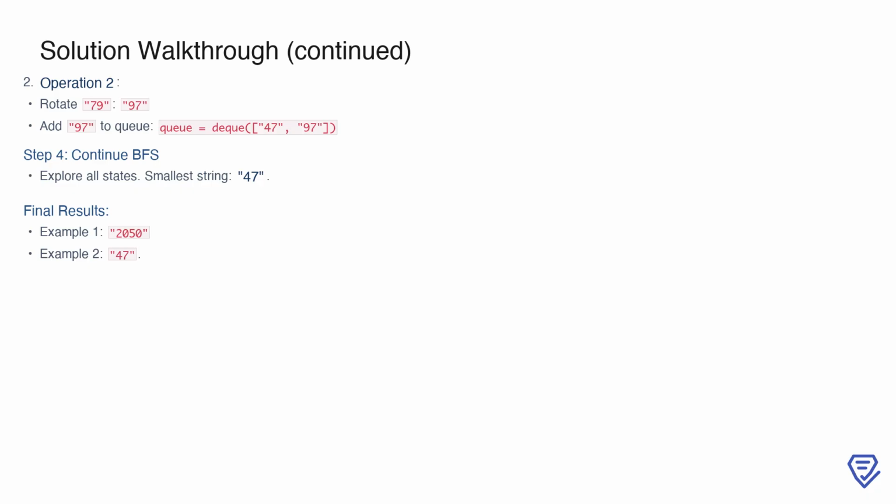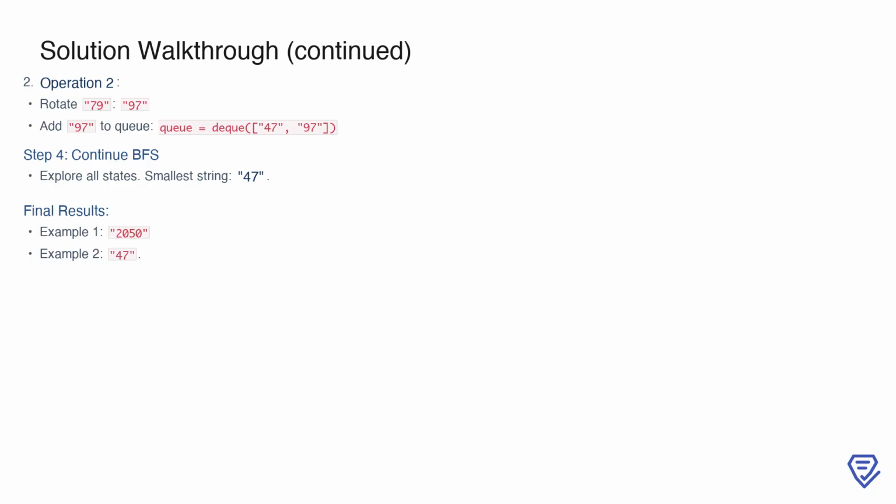We then continue the BFS process, exploring the remaining strings in the queue. By the end of this exploration, the lexicographically smallest string for this example is determined to be 47. In conclusion, the smallest strings for the two examples are 2050 and 47, respectively. This demonstrates how BFS, along with careful tracking of visited states, enables us to systematically explore all transformations and find